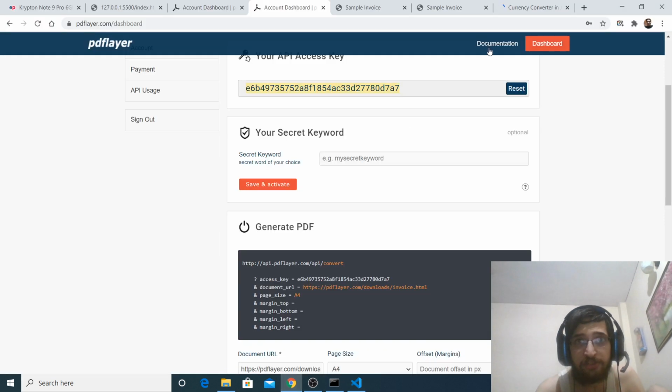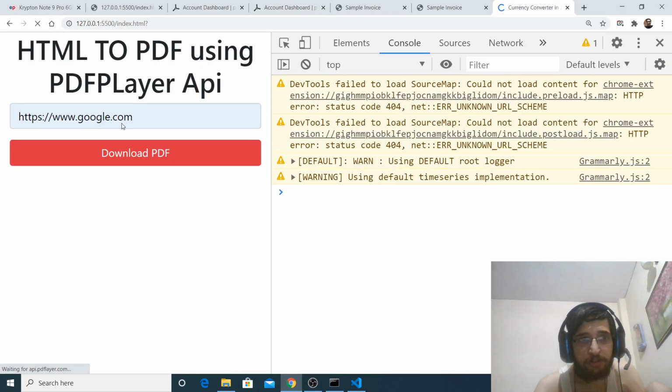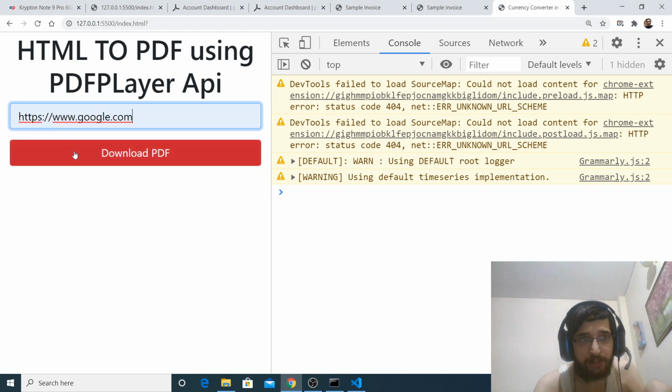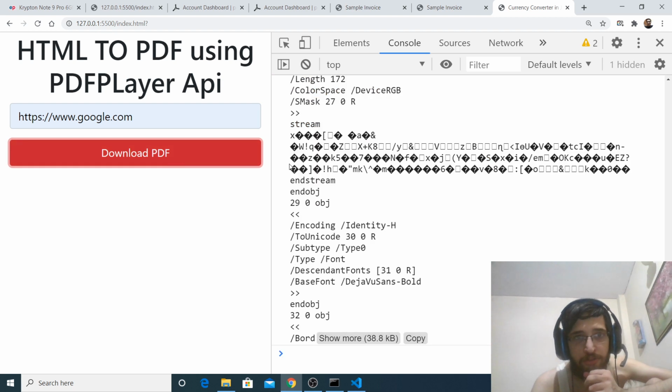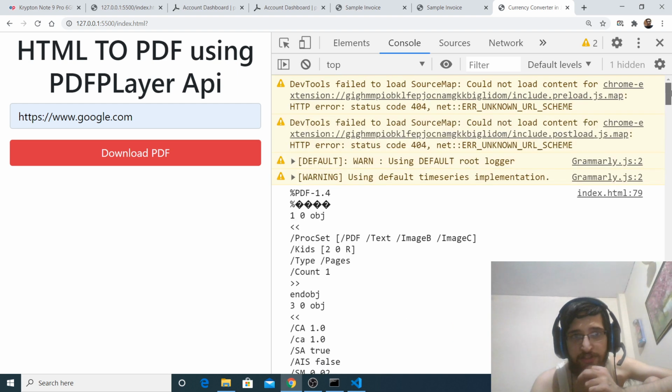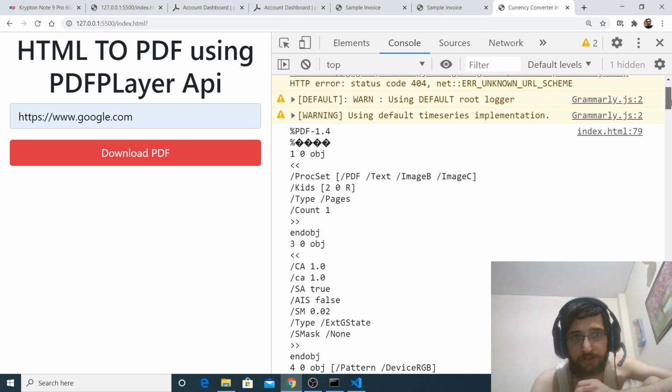Just make this change, and again if I provide google.com, now you can see that this is a stream.